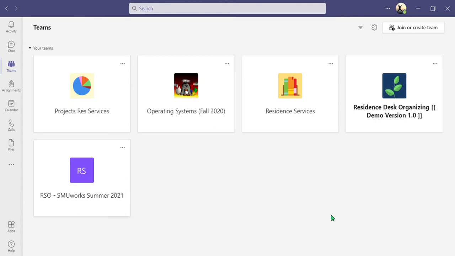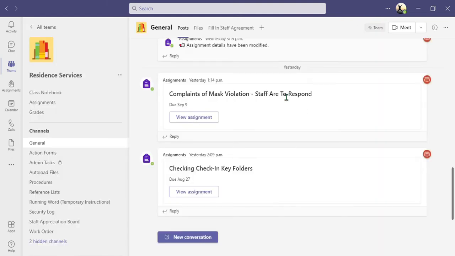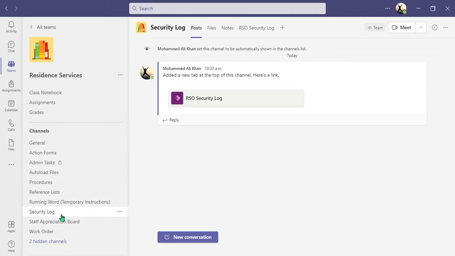So for using the security log, we can open the Teams software on the Residence Desk computer, and there we will find Resident Services Teams. We can click there. We will see a lot of channels on the left. There we have the security log channel. We can click there. There we will see a security log